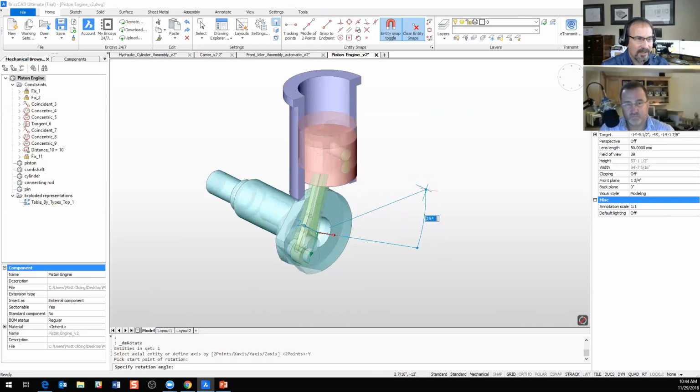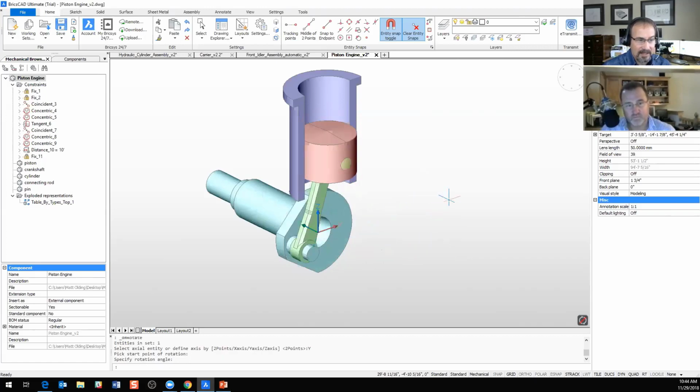But the importance of this and visualizing this is to make sure that all your assembly stuff is properly constrained, which is a huge advantage in taking advantage of mechanical software like this. Okay, so with that,